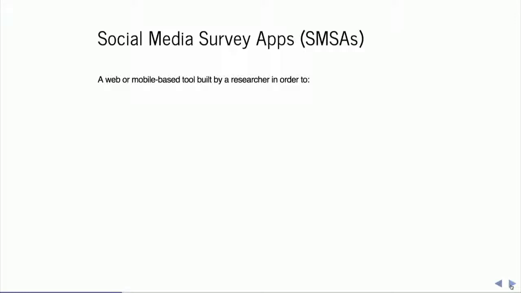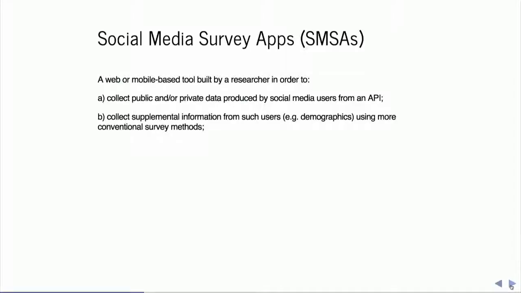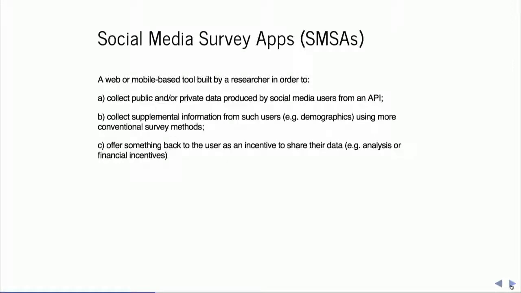This is a class of web or mobile-based tools built by a researcher to collect some public or private data produced by social media users from an API, collect some type of supplemental information from them, such as demographics, using more conventional survey methods, and offer some type of incentive back to the user, something like an analysis or a financial incentive, to encourage them to share their data.